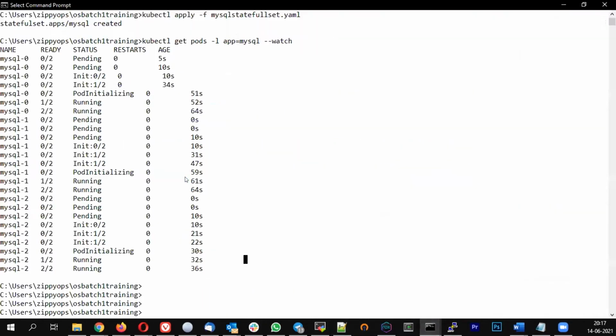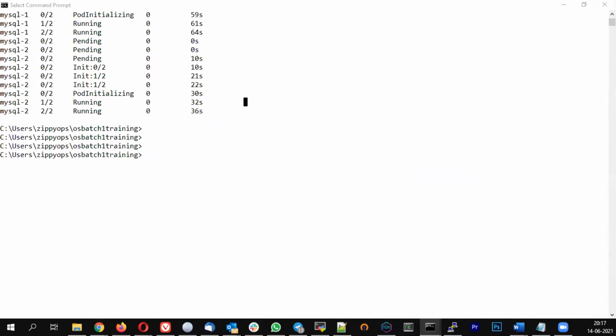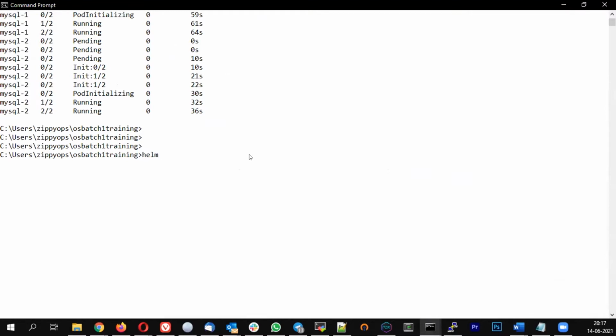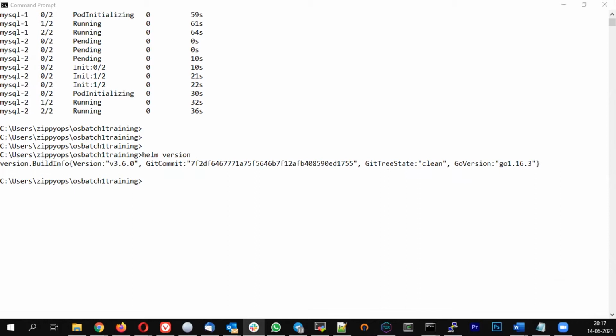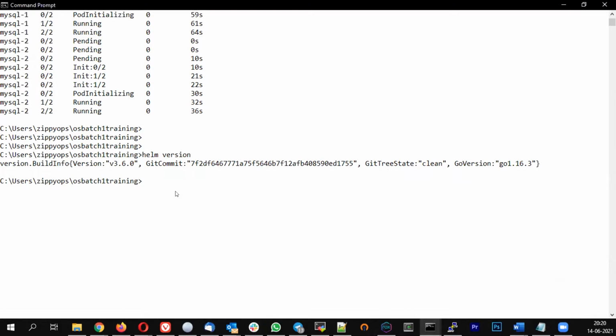Once you are done with that, just run helm version. You should be able to see a version, then we are good. Download the zip file and extract the helm.exe to the folder in which you are working, and then run the command called helm version. The first thing is I'm going to create a sample repository. There is a default repository which comes with Helm. The option to create a template is helm create